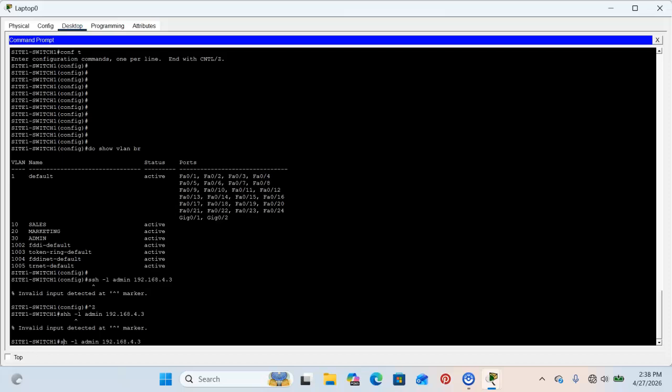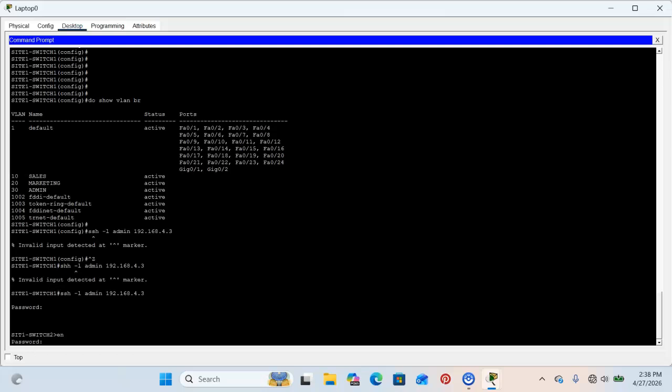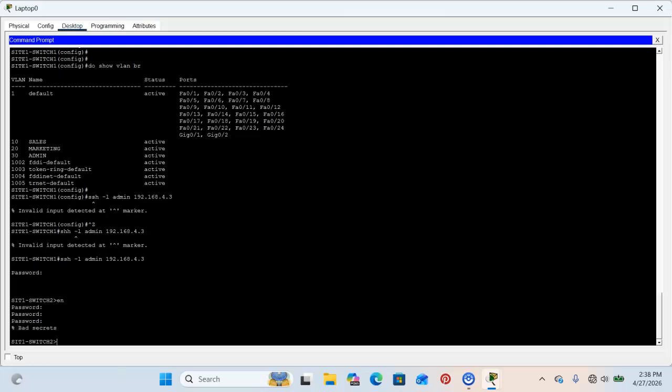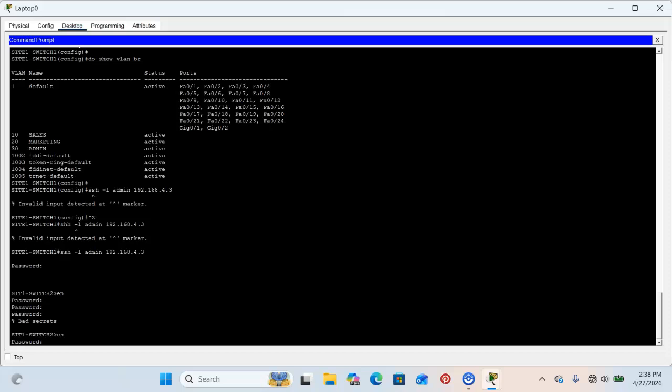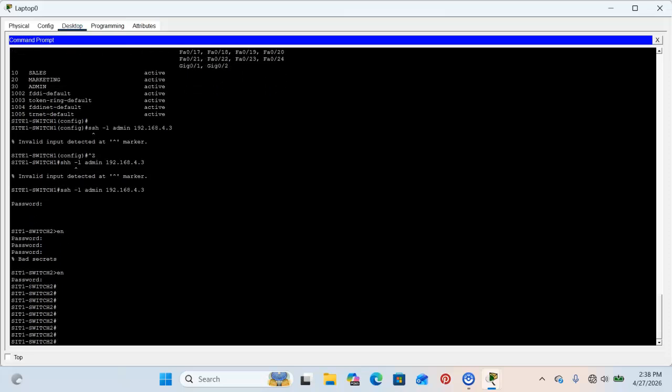SSH. Okay, so Cisco and switch and Cisco. Okay, so in here I want to show if my VLANs have populated, because I've created a VTP client